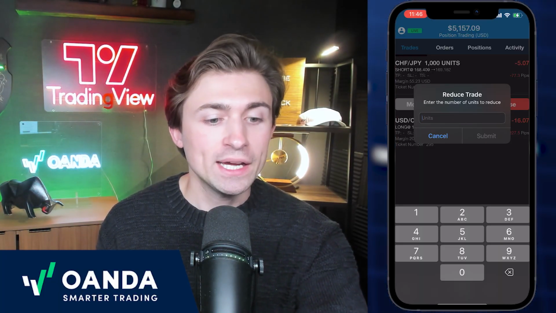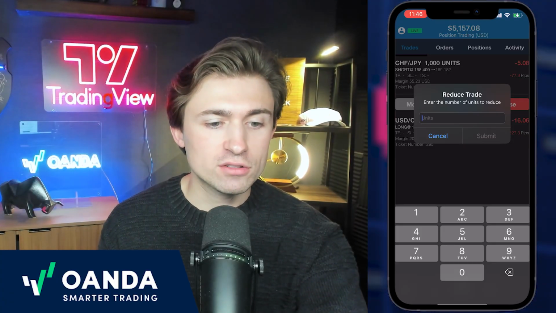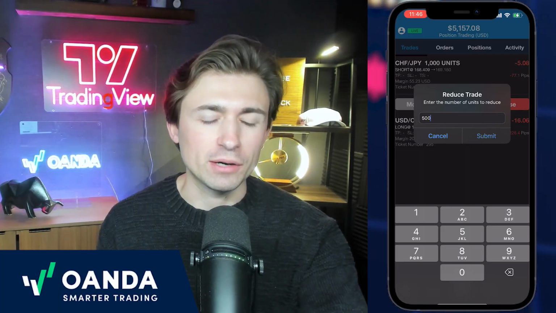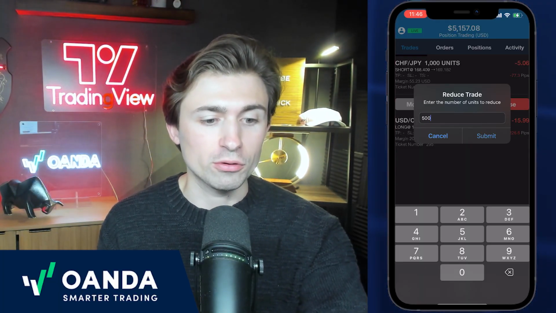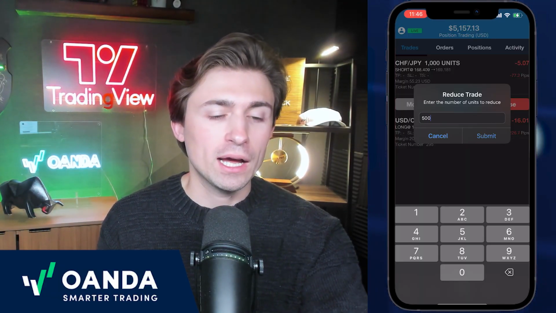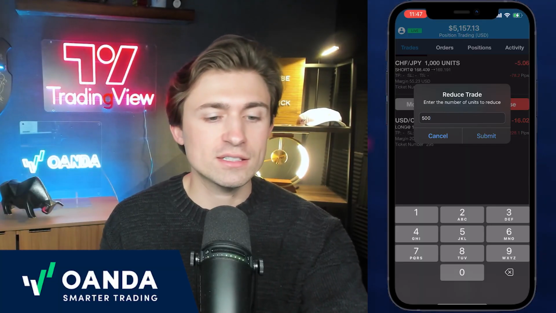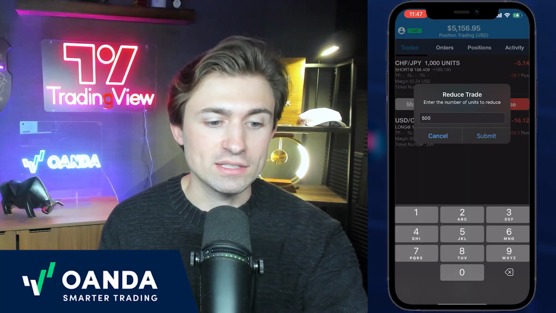So I've got a 1,000 unit or 0.01 example trade here open on Swiss yen. And if I actually wanted to reduce that, I can reduce it by units, which is also very nice that OANDA offers this. Many times brokerages do not offer that ability to trade in units. You have to trade full mini lots, or micro lots in this case. What's really nice here is you can actually reduce specifically by the amount of units of currency that you'd actually